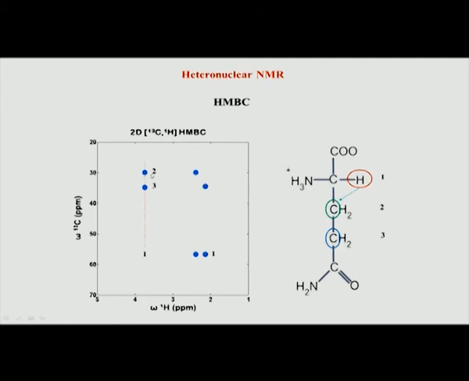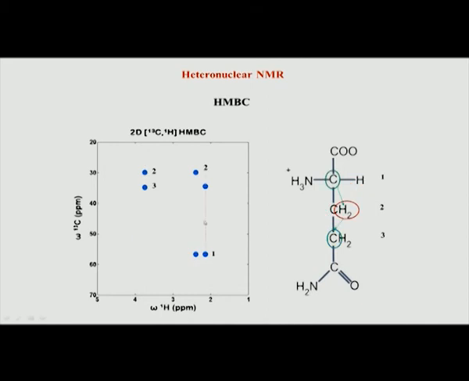So that is the 1-2 combination which is here, and similarly I will get a 1-3 combination, which is not shown by an arrow, but that is what I will get here. So I will get 1-2 and 1-3 connectivity because I have tuned this experiment to a longer range and suppressed the short range interaction in terms of seeing the peaks.